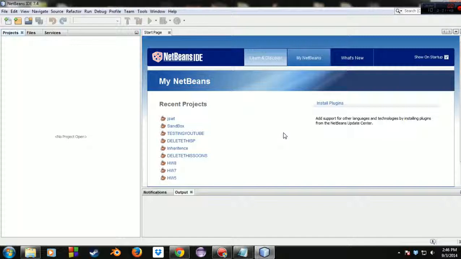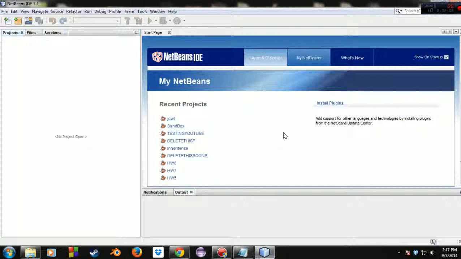And if it doesn't work, whatever, just do a quick little Google search on how to get everything set up. It's not impossible. It's pretty easy. But with that being said,